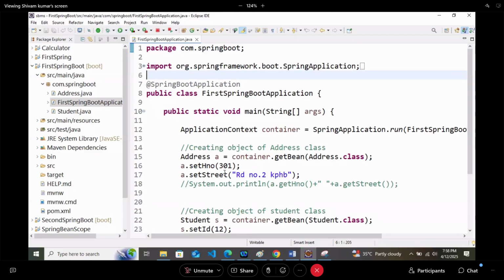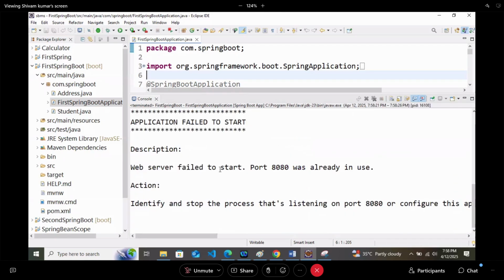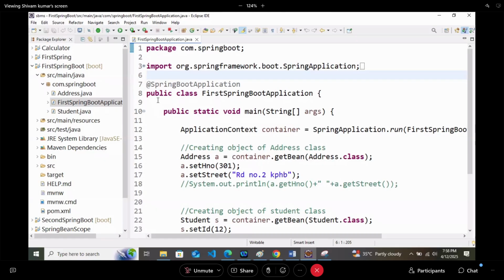Hope it is running. So it is also not running. Now in that case, there are two options. Generally, because you closed the application, you created the new application. Now this stop button is also not working. So there is this option to relaunch it. So you can try to relaunch the project.